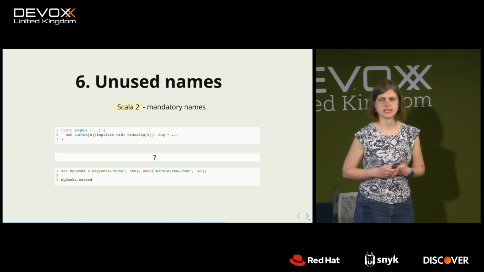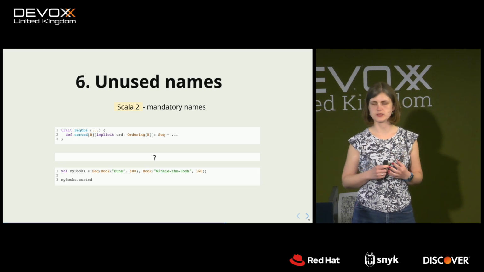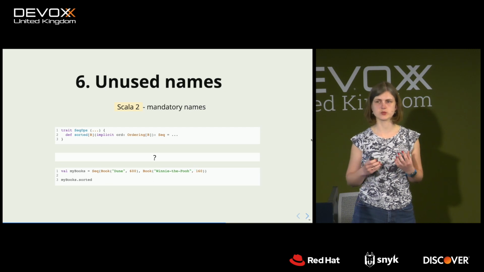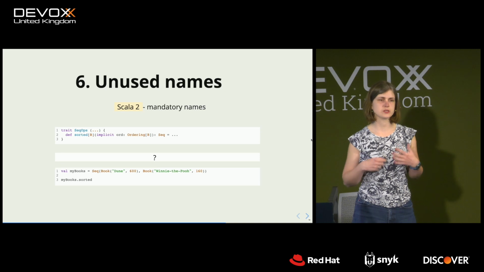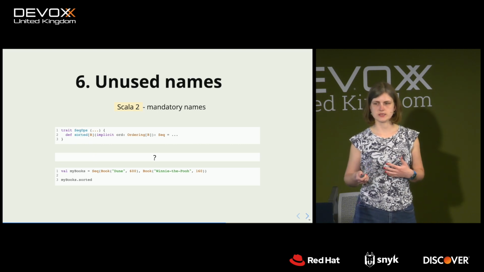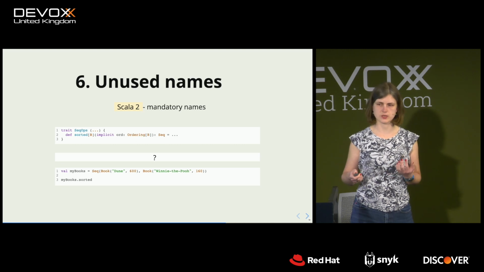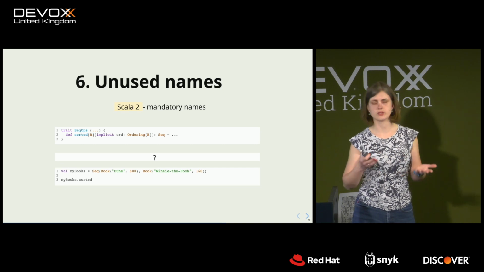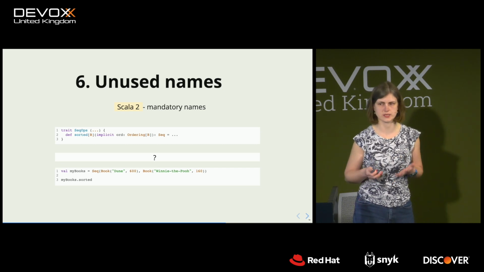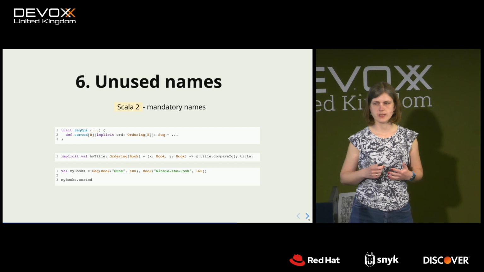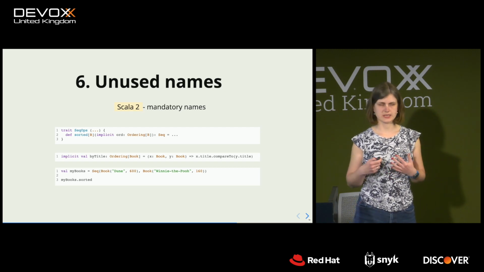Now let's look at unused names. That's one of my favorites, and I think the smallest improvement, but I love it. So let's imagine we have a list of books, and we would like to sort it before we print, for example. We don't want to reinvent the wheel. We can use this sorted implementation from the sequence trait if you are working with sequences. The way this method is defined, in Scala 2, it takes an implicit parameter list, because you need to provide the ordering, because the compiler doesn't know whether it should be ordered by name or by number of pages, and so on. So to provide such an implicit, here, for example, we are providing a byTitle value,